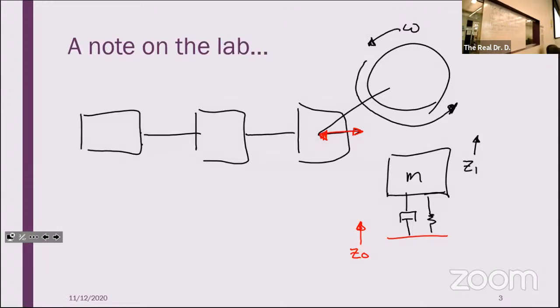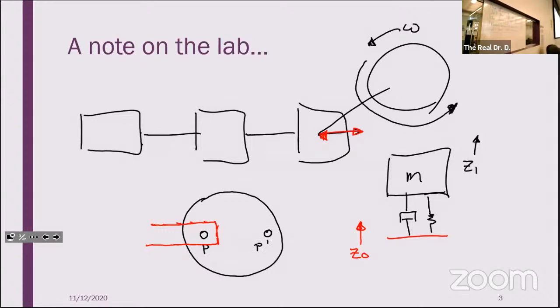Well, let's zoom in on this disk. We're just going to look at the disk. We're going to remove the bar. We're going to say there's some hole on the disk that's here, and we're going to call this point P for right now. At point P, I've got my bar attached. This is my starting position, we'll say. As this rotates, point P will eventually make its way over to here. We'll call it P prime when it gets here,